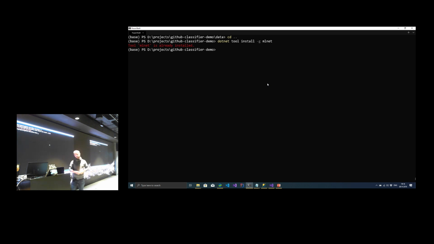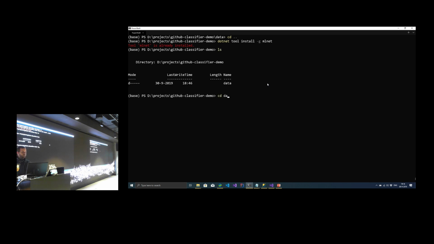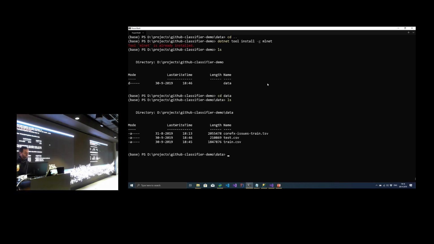I've got a directory in which I have a couple of files ready. It has a data folder, and if I go into this data folder, I've got the original file, corefx-issues.tsv, the original training set that Microsoft published. But I split it into a 90% training set and a 10% test set so that I can validate my own work.